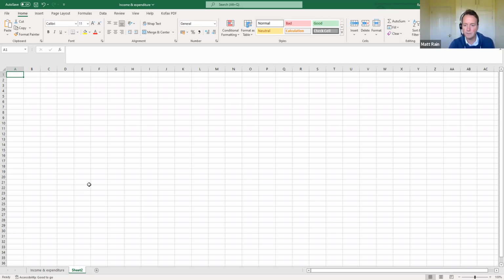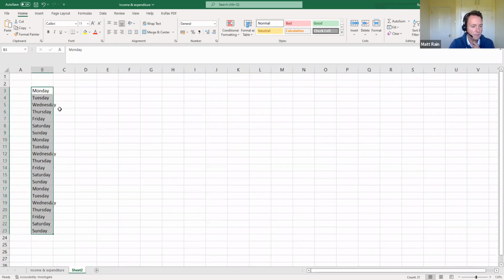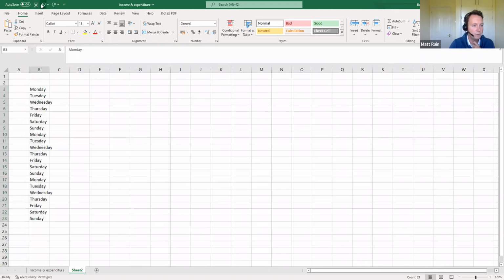Right, I just want to show you a bit more about autofill, because I think autofill is a really useful function. So as I said, autofill is intuitive, so it will recognize things, and you can have a go with this as well, like Monday, and it will automatically think, right, you want days of the week, and maybe I do, maybe I don't. So let's autofill down to B23, just any arbitrary number that's still on your screen. I'll zoom in a bit as well, sorry. I'll just do that again. So after you